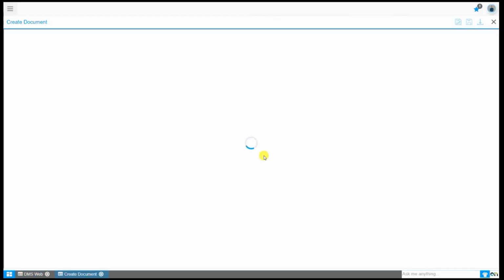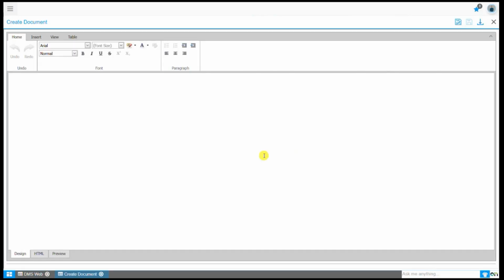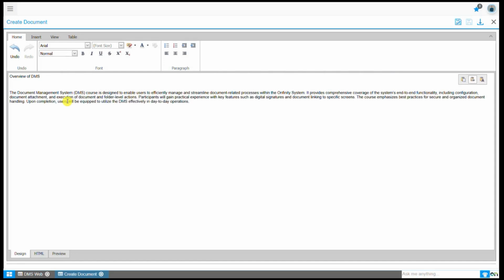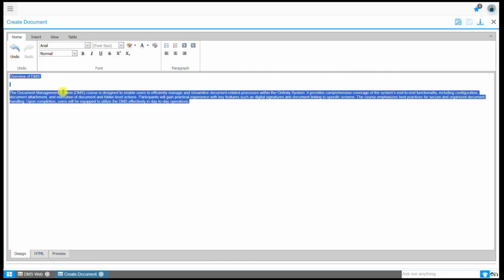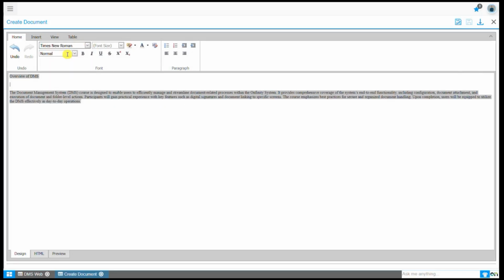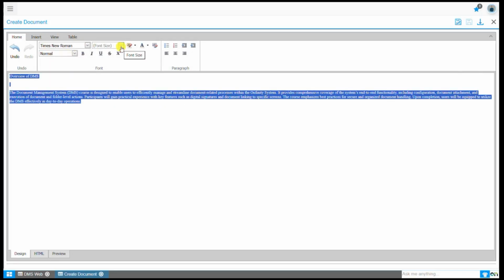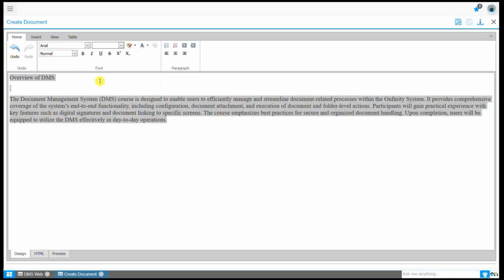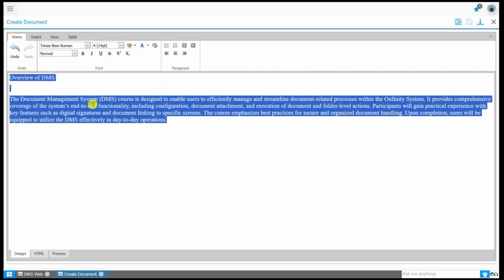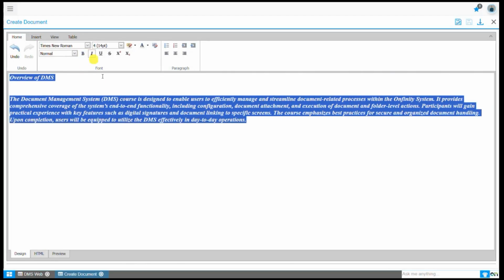By clicking this, the Create Document screen opens in a Word format, allowing the user to enter the document's content. The user can use various formatting options, such as changing the font, adjusting the size,